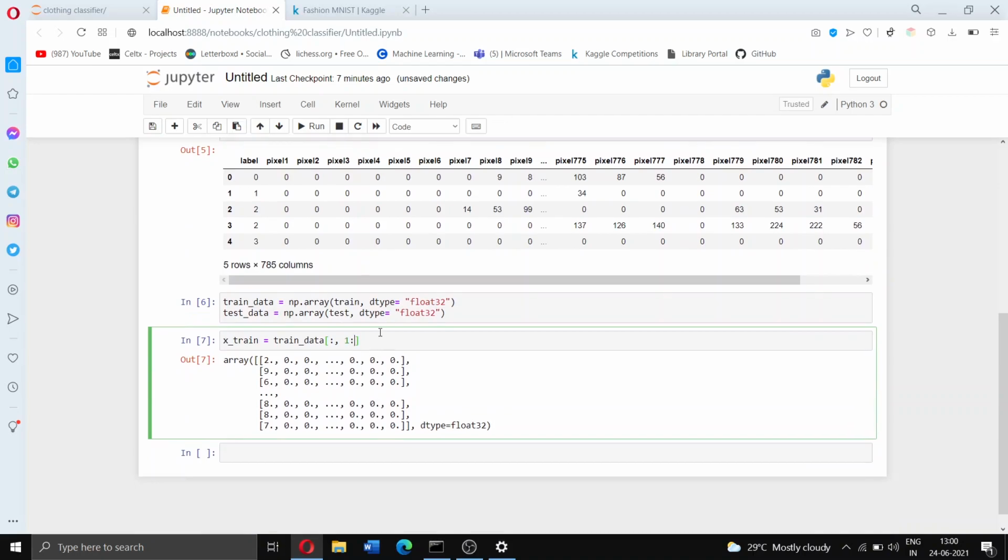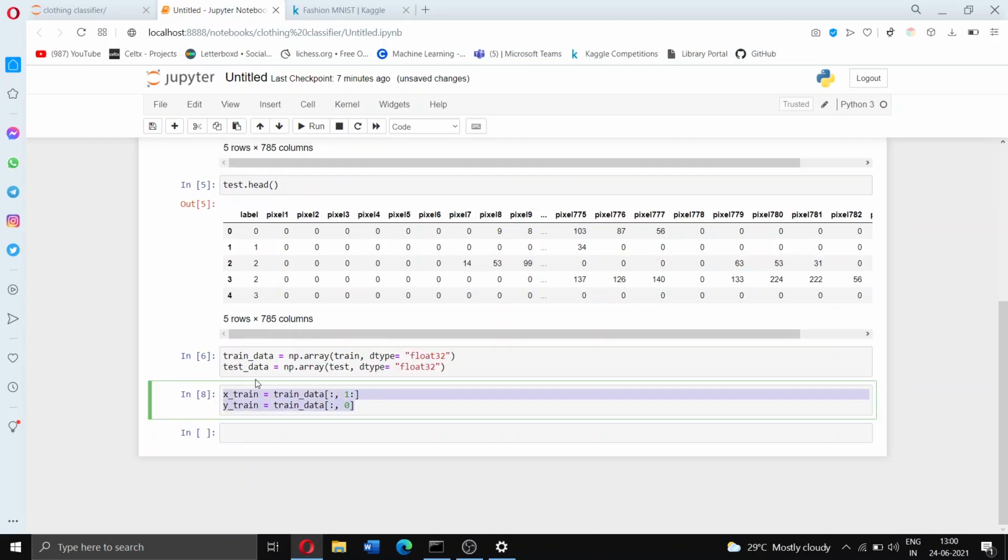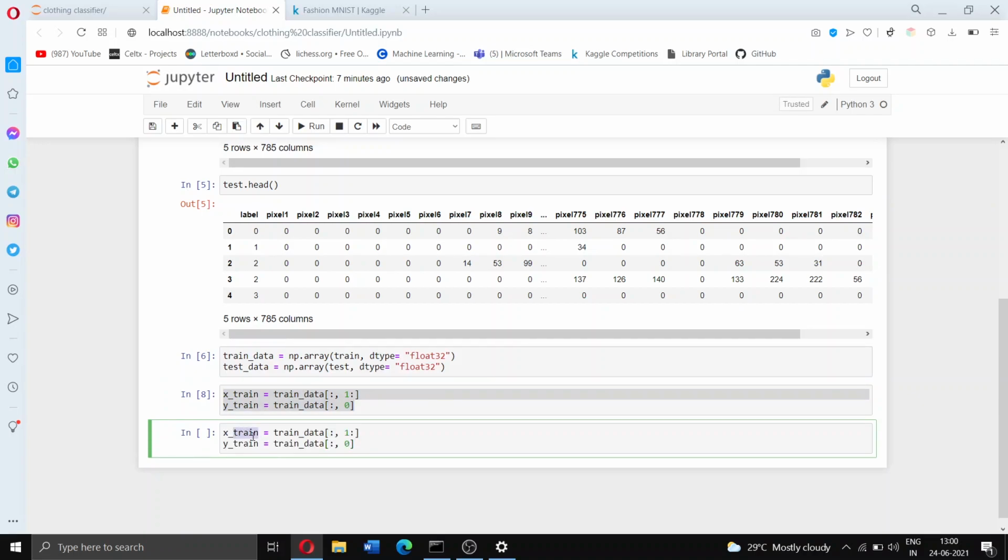And y_train, we want it to be train_data of, again, all the rows and just the 0th column. So we want just the labels to be stored in y_train. And okay, let's do the same for test as well. Let's split the test into labels and pixel data as well. y_test.